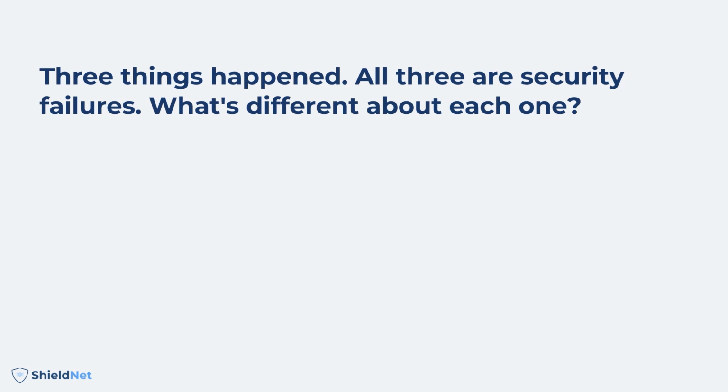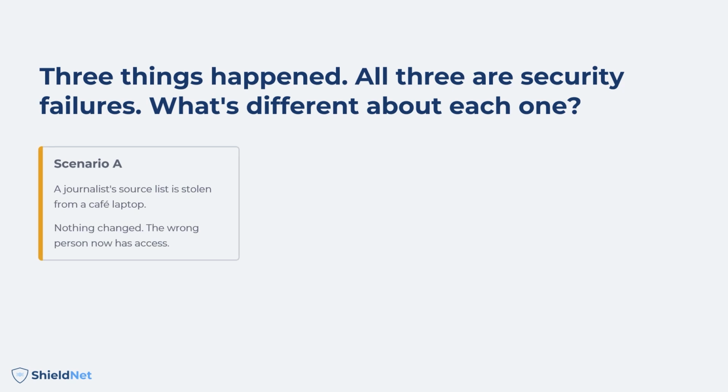Before any definitions, 3 things happened. All 3 are cybersecurity failures. See if you can spot what is different about each one. Scenario A. A journalist's confidential source list, names, contact details, locations, is stolen from an encrypted laptop left in a cafe. The attacker now knows who the journalist has been speaking to. Nothing has been changed. The files are intact, but the wrong person now has access to information they should never